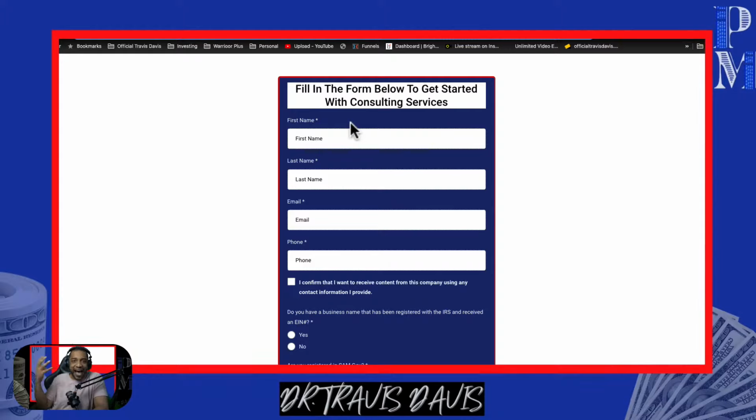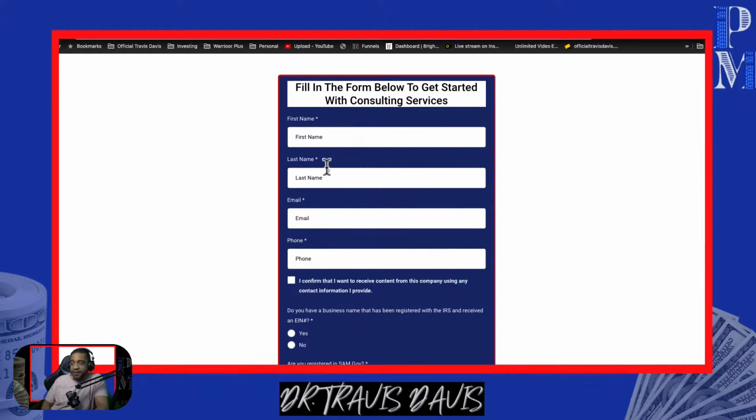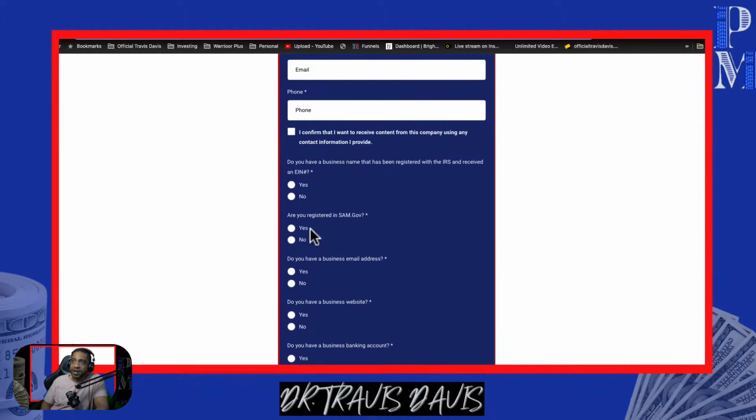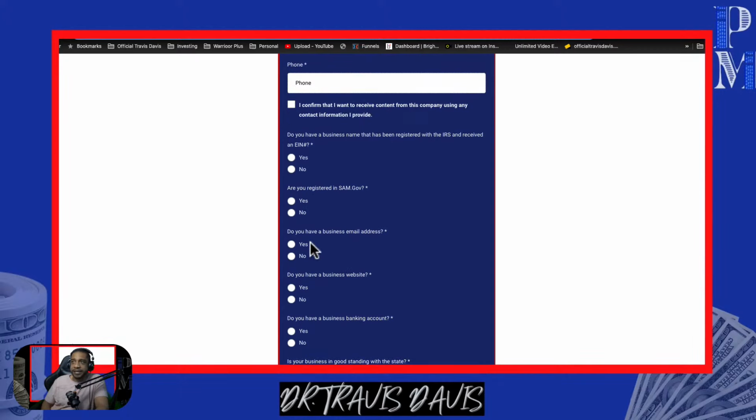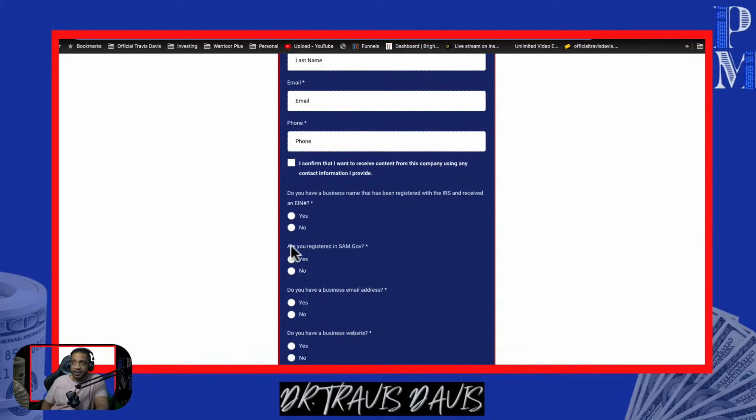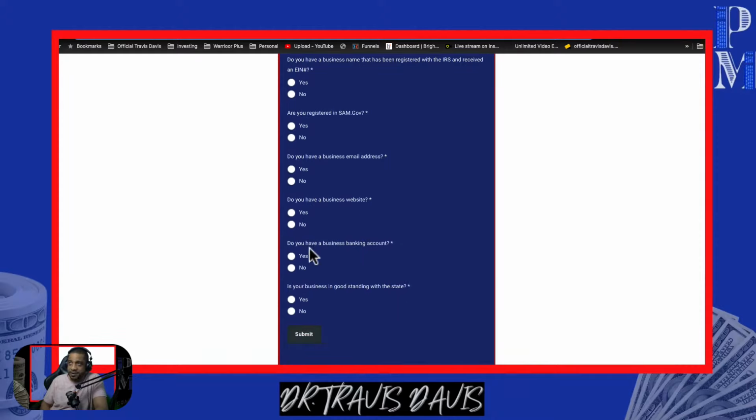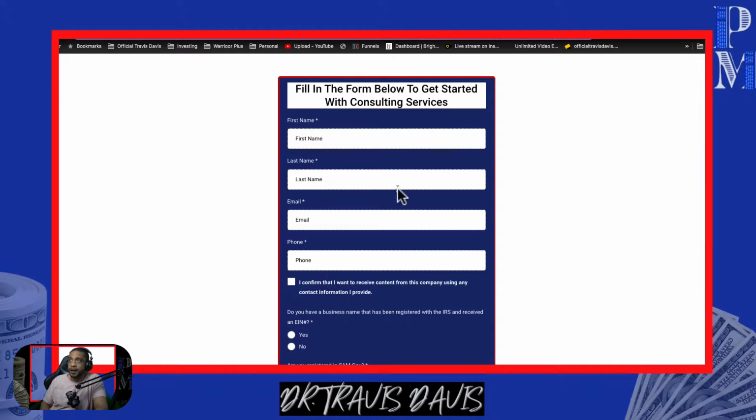This is just the opt-in form. Instead of me just collecting the first name and the last name and email and phone number, I actually want to know a little bit more about their business, because if they tell me too many no's right here, I don't want them as a client. And they're going to get an email that says, hey, I appreciate you filling this out, but you didn't qualify to be one of our clients. Maybe you should take our 7-day challenge or our 1-year program so you can get a better understanding, but you're just not ready to be a business consultant client of ours yet.